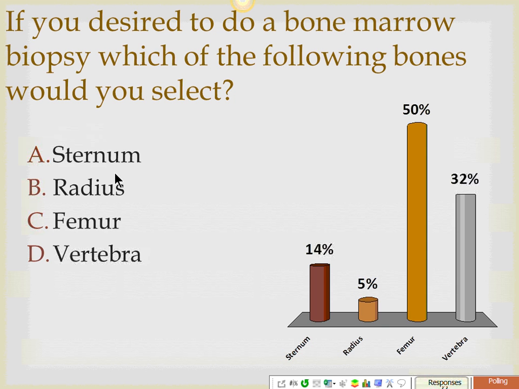You remember cancellous bone is a site of bone marrow production throughout life. Also think about it, here's your sternum. We can all feel our sternum quite easily. It is subcutaneous, so it's easy to remove bone marrow from there. And more importantly, it will contain bone marrow. You're sure to get bone marrow from there because it contains cancellous bone, and cancellous bone produces bone marrow